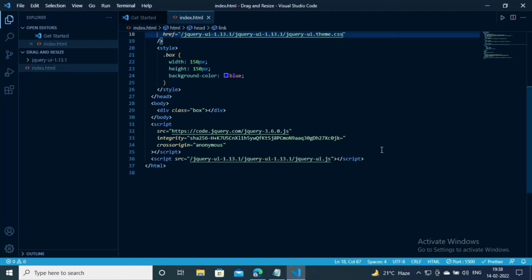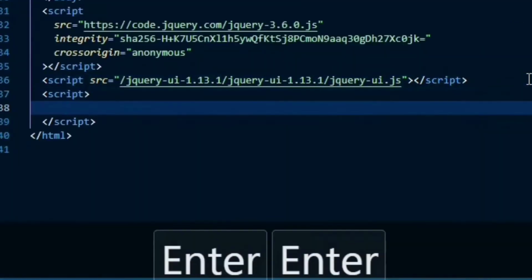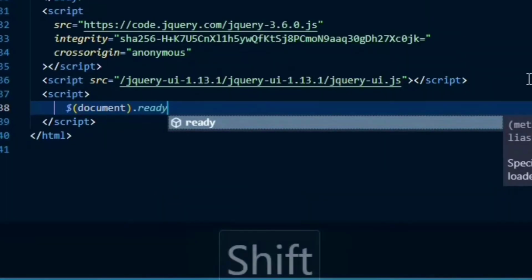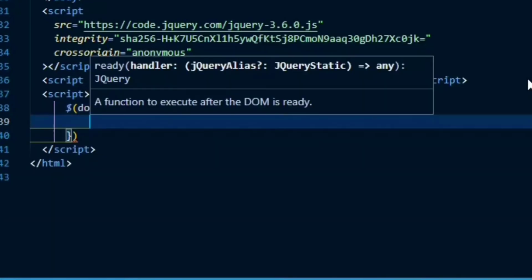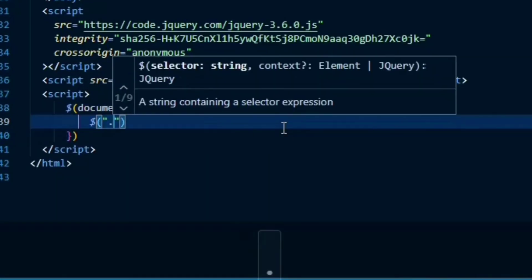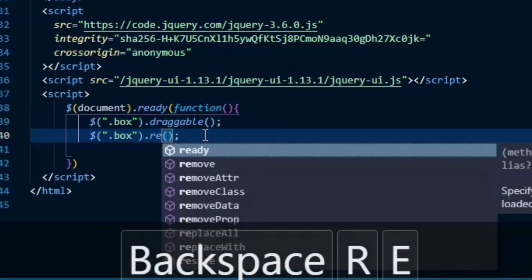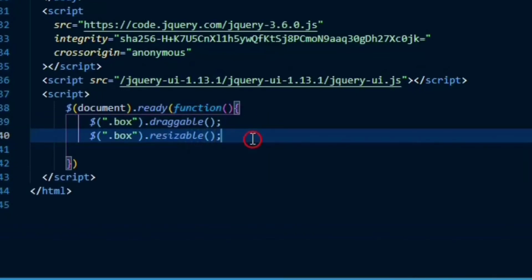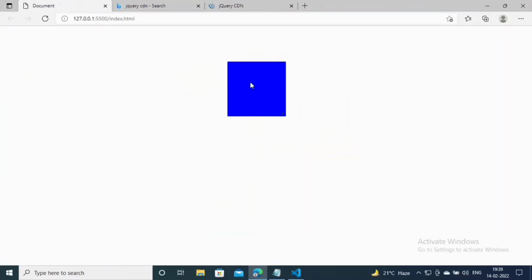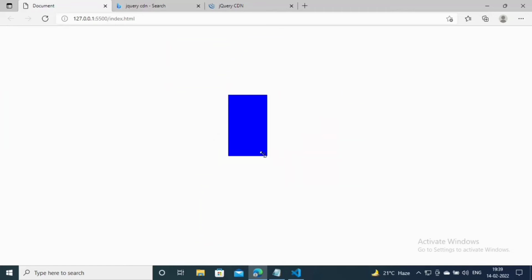Now we can add the drag and resize feature. These are the jQuery codes by which we add the draggable and resizable functions. Now you can see our code is working absolutely fine.